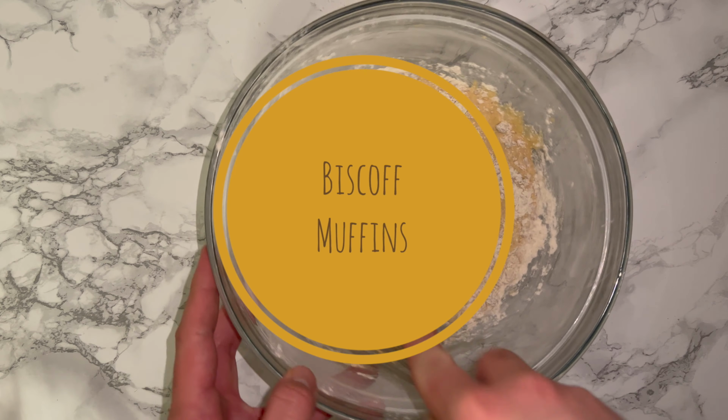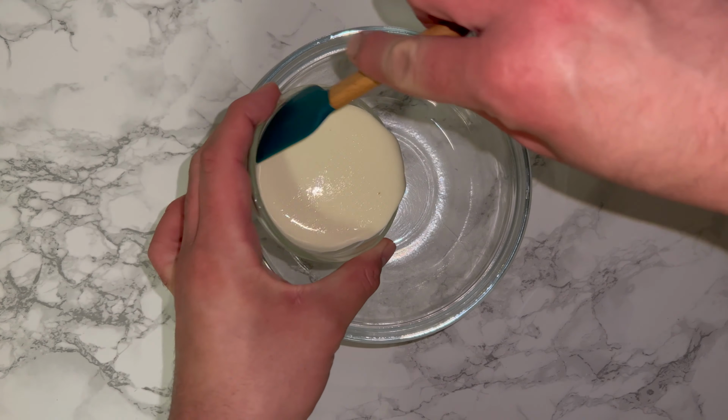So today I'm going to be showing you how to make these Biscoff Muffins. Let's begin. To get started on the recipe, you'll want to take yourself a medium bowl and place in all